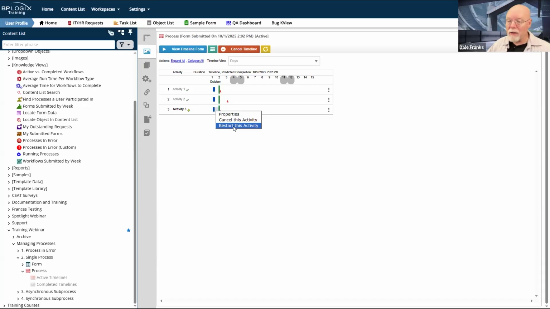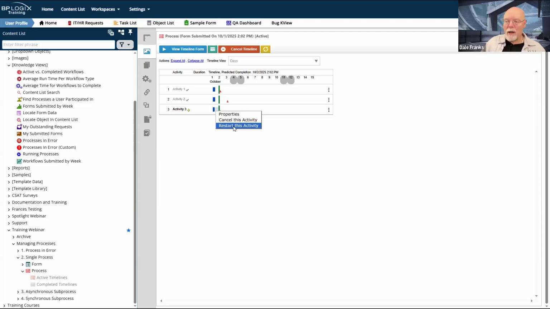So if I have an activity that was assigned to a set of individuals, they've departed, I now need to reassign that to a different individual or individuals. I can do that one of two ways. One way is to go into the process timeline definition, and I can change the activity participants there and save my process timeline definition.